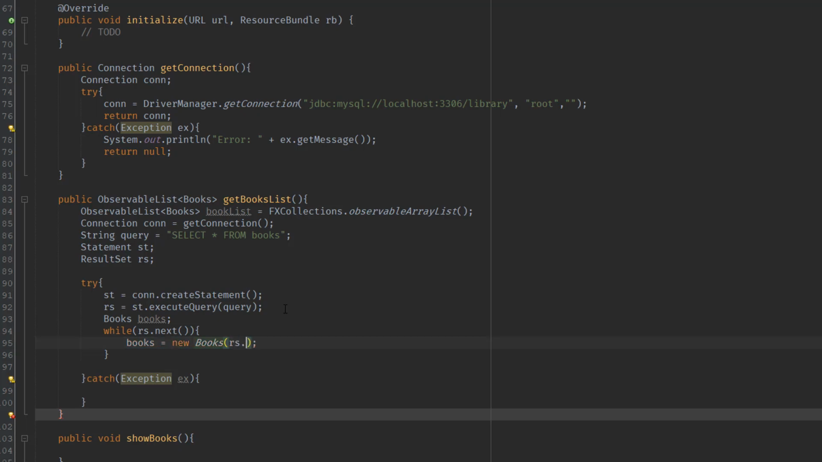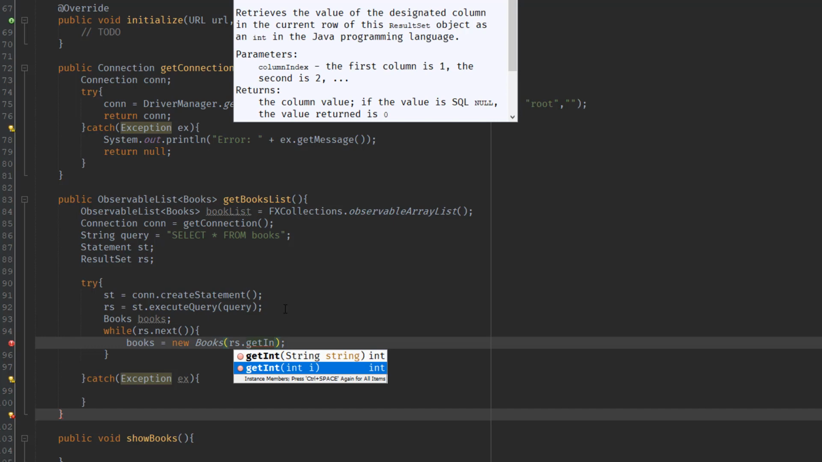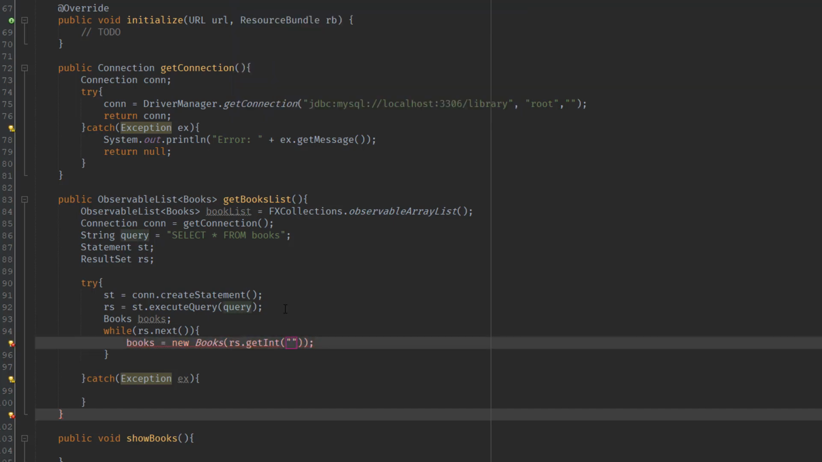We could get the ID, so get int, and then we could specify here the ID. So the ID here pertains to the column that we have from our database. So ID, again, I'm going to show you the structure of our database later on. But for now, just think of the ID as the column from our database table. So rs.getInt, and then